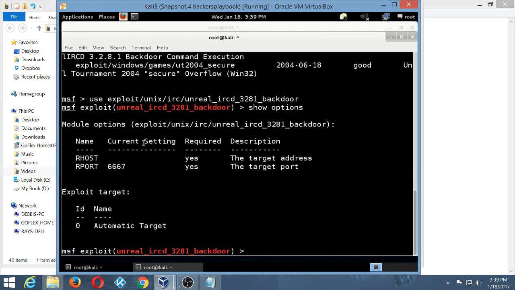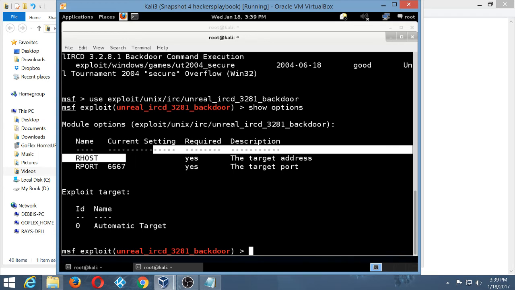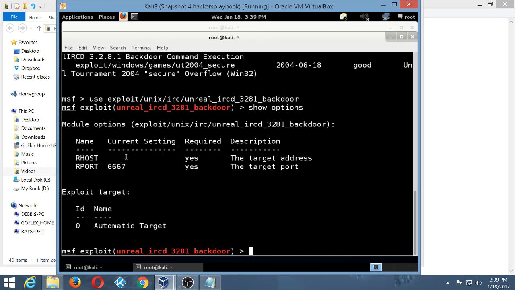When we're looking at show options here, it tells us what's required. If it's required yes, that means we need to put it in. We see they already got the port filled out for us, and we see that the host is needed and it's not there. Our host means remote host, which means not us, but the victim. L host would mean us, not the victim. In this case, the remote host is